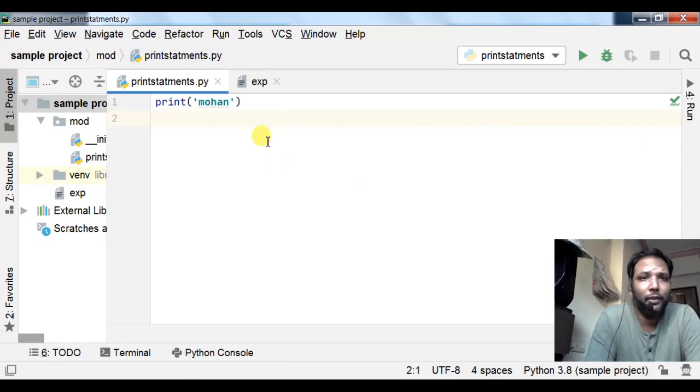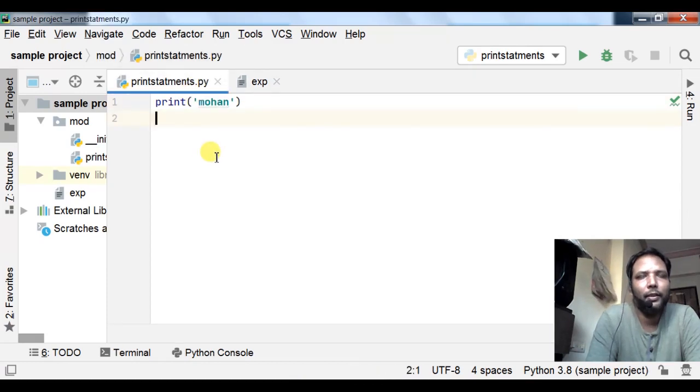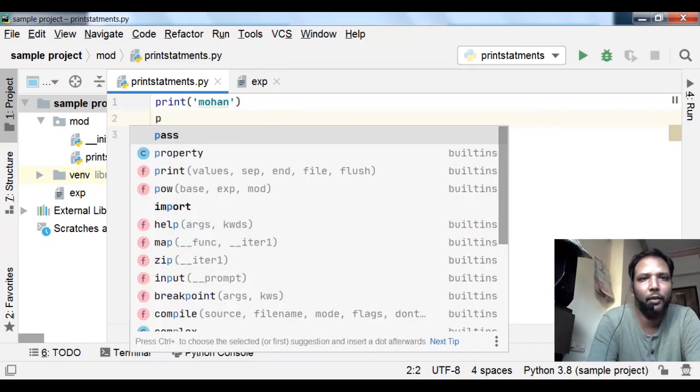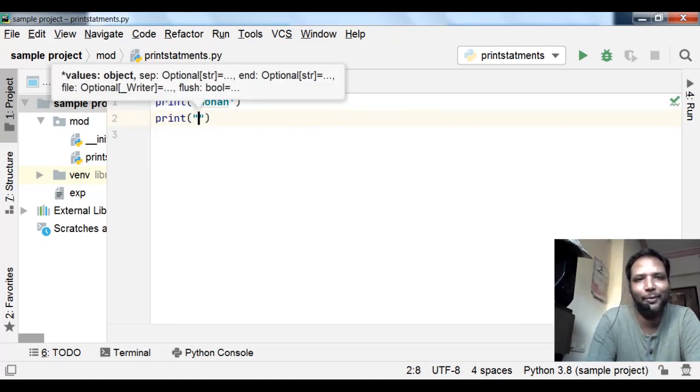Now this is print with a string as the argument. Now what is print without any argument? Like I said, it is like println, to go to the next line. Suppose I write another print statement, here using double quotes.